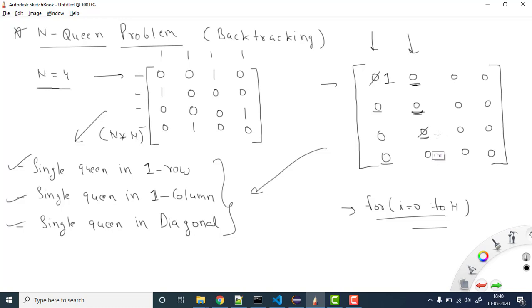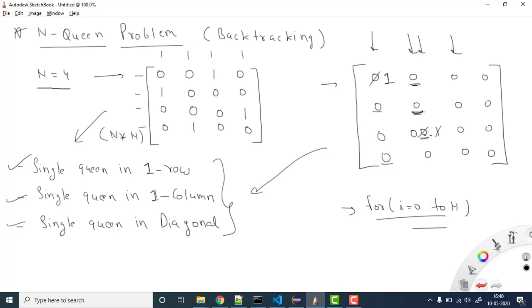Rather than this 1, I will set the value to 0 here, because for this column I didn't find a single good placement. So I backtrack to the previous column, and I check that you need to rewrite your placement, because this placement is not good.